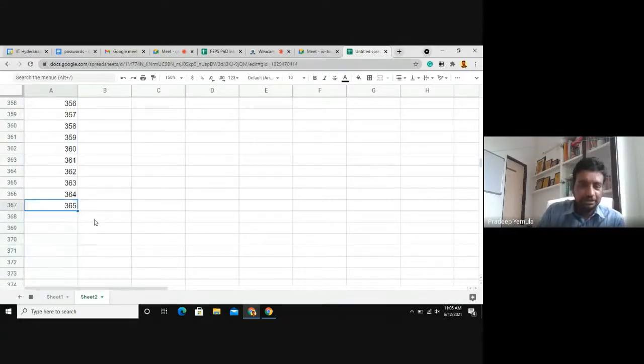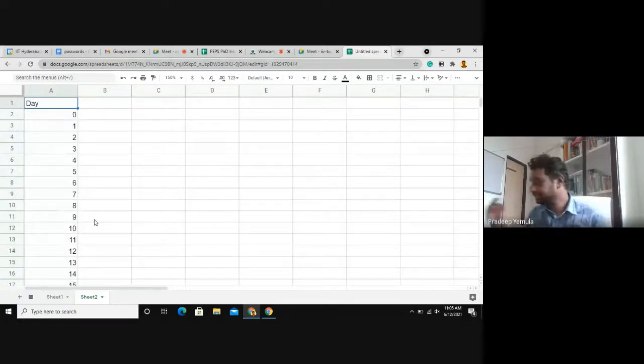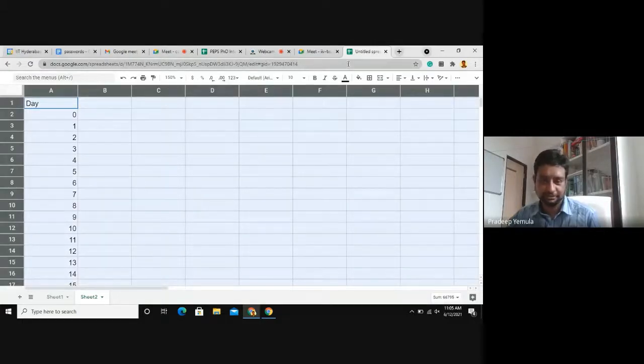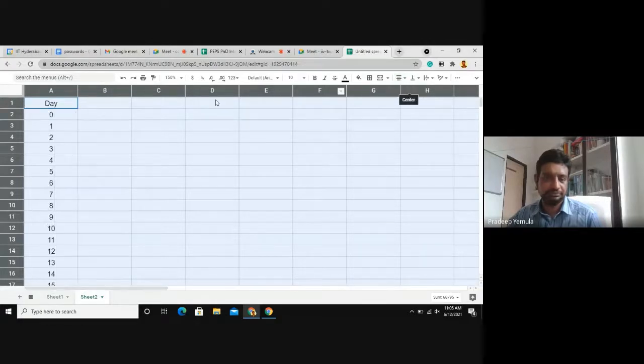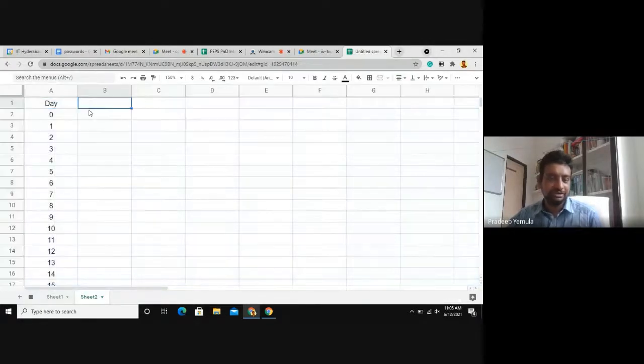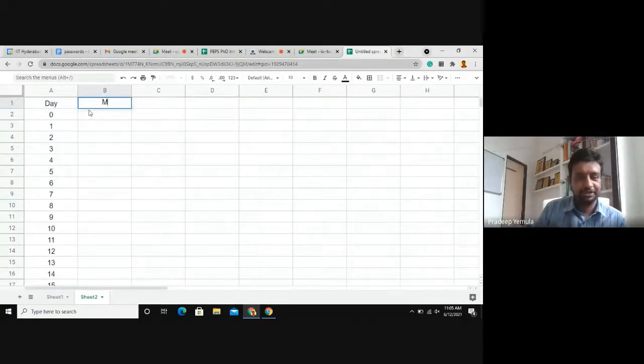So here I have written out the days, and then here I will say the money M. Here it is 10 lakh. Here I will say donation, or dM by dt. That is what I am donating.